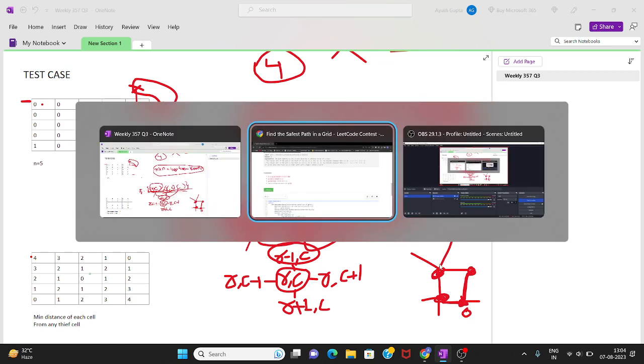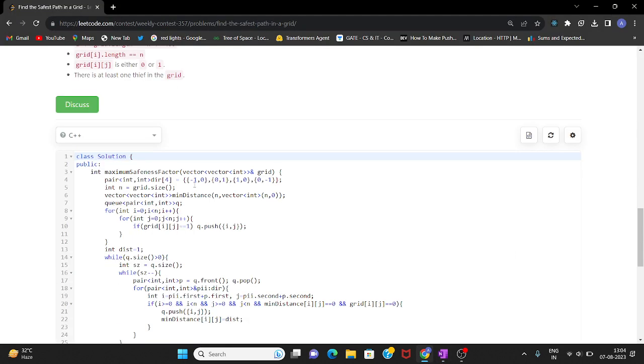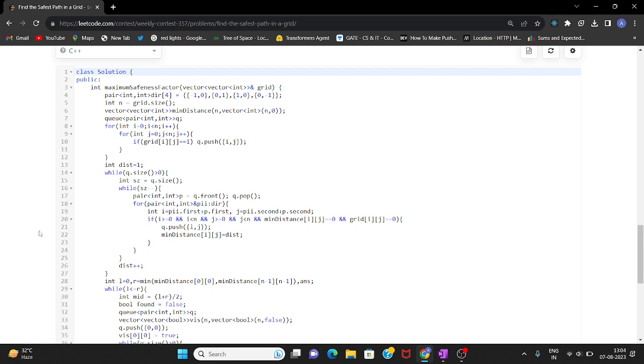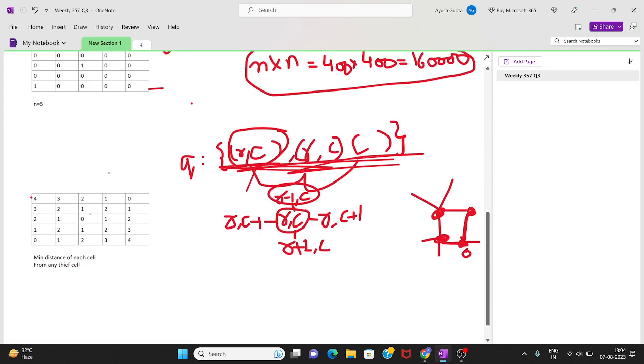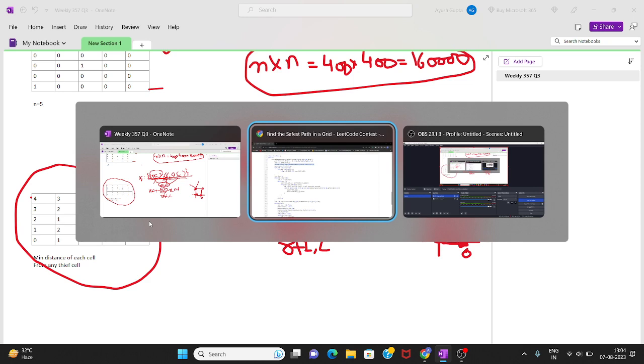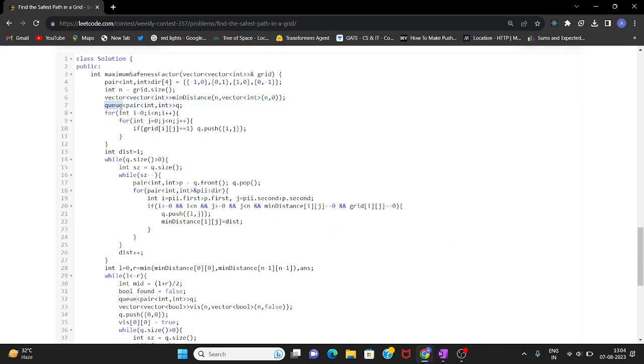Okay, so let's understand from the code how we are really going to implement it. So this is a 2D vector that I have created, that is used to store this table. This is the minimum distance for each cell from the thief cell. And then we have made a queue of type pair, which is used to store the row number and column number.